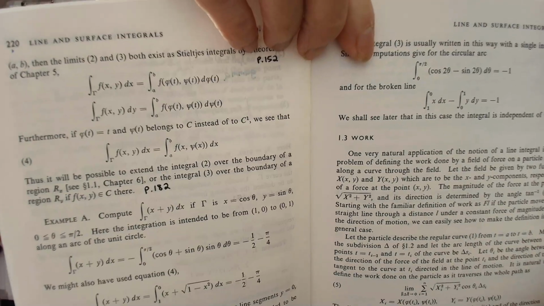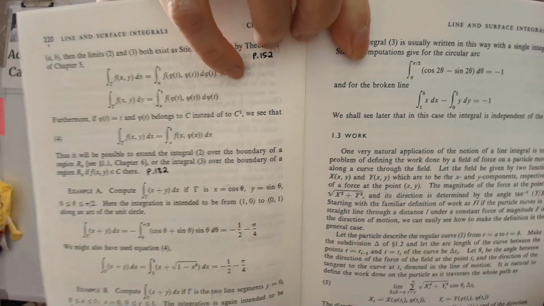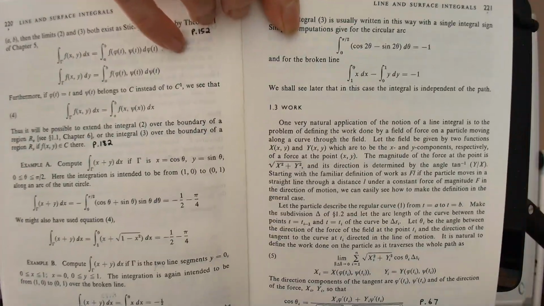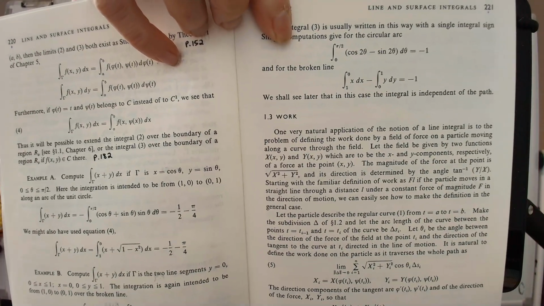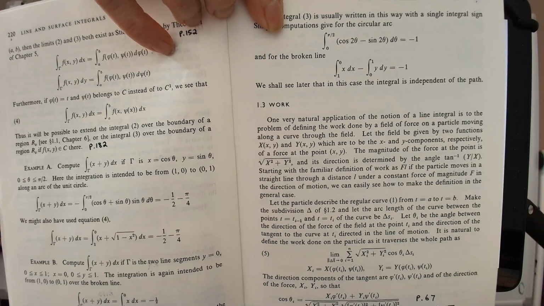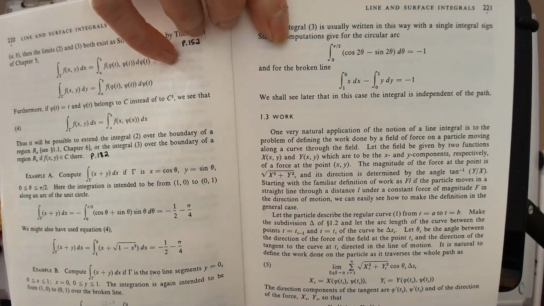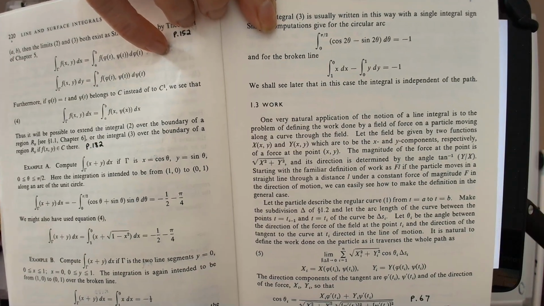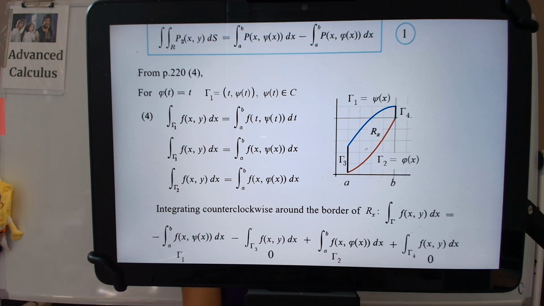So here's page 220. As you can see, next to equation 4, we let phi of t equal t, okay? And psi of t is now continuous rather than differentiable. Then in that case, the integral over gamma of f is the same as the integral of f of x, phi of x dx. The reason for that, as I've copied that sentence down here, is because first we just